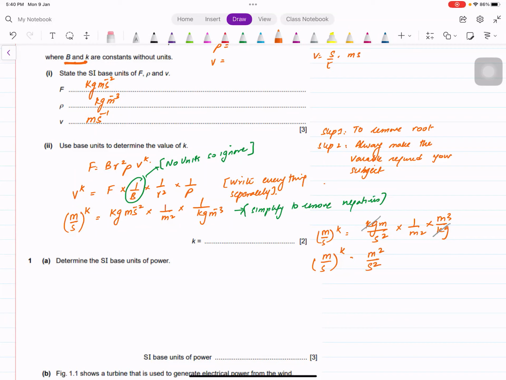You see what I've done? So I cancel out 4 meters from 2 meters down. The only thing that remains is meter 2, and then we get second 2. Okay. Now, so we can write this as